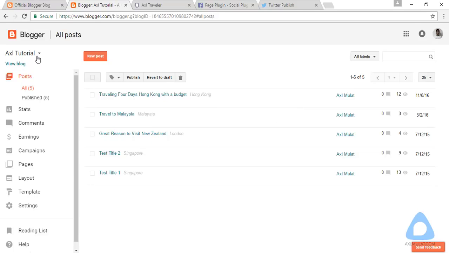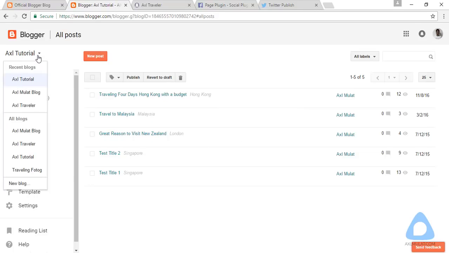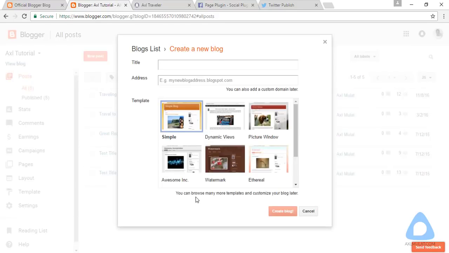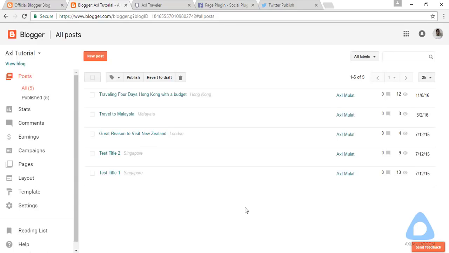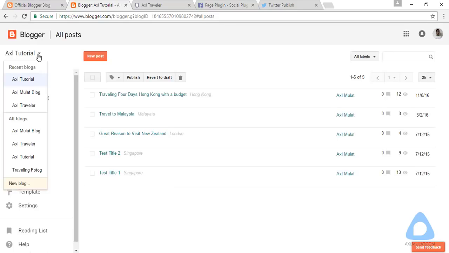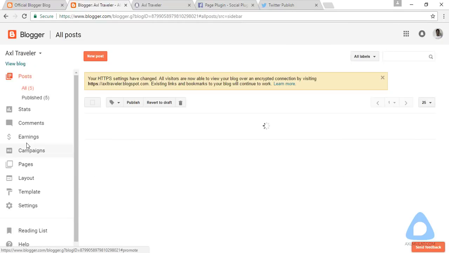So the blog lists are intact in the upper left of the screen. If you create 10 blogs or 5 blogs, they will be listed here. This is my 4 blog, sample 4 blog. If you create a new blog, it's pretty much the same as in the previous version. If you choose your blog, I choose the blog in this course, Oxford Traveler.